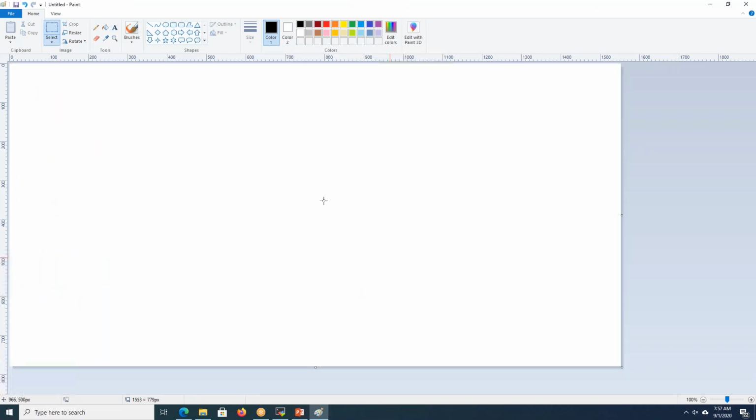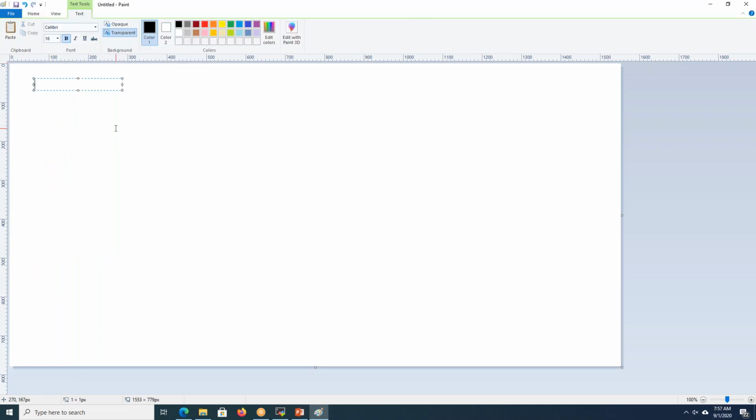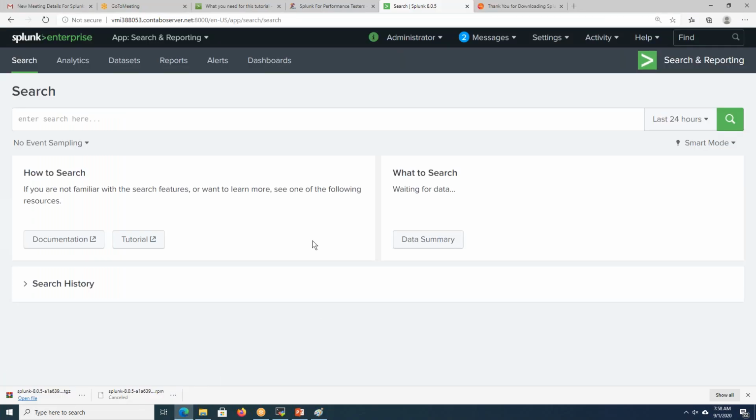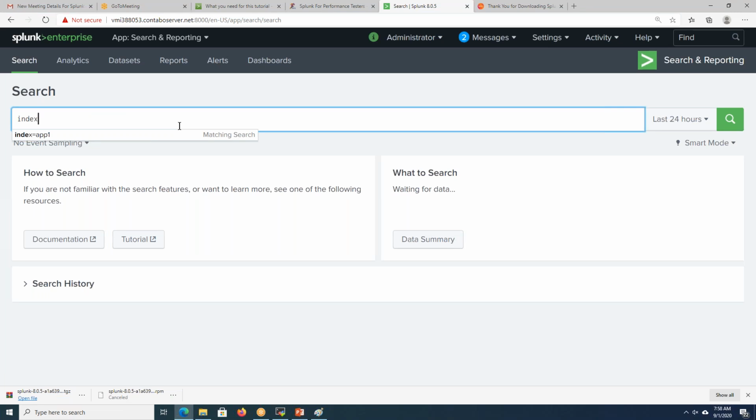Let us assume I have deployed my application and installed my universal forwarder on my Apache server, and I asked it to parse some access.log. Here, if I give index equal to app1, just to monitor these logs, you can see what Splunk does.